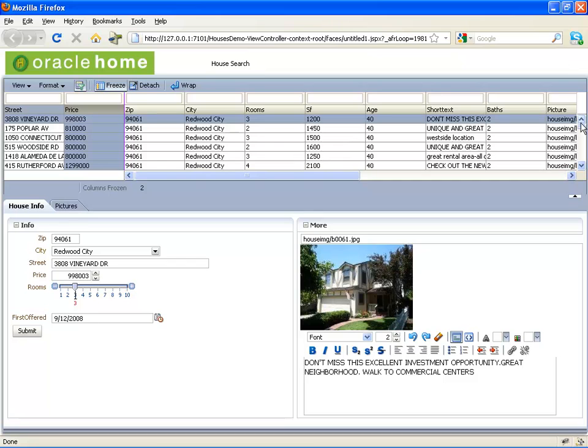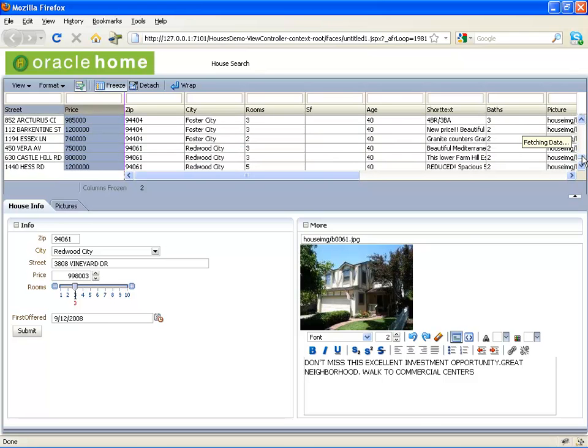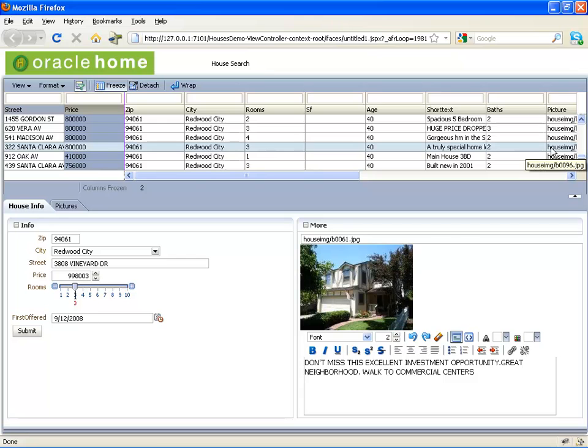As you can see, there's also a scroll bar that allows us to scroll through the records. Now, the interesting thing to note here is that when I scroll, you'll see a little pop-up message coming up here saying fetching data. This is actually demoing the AJAX capability of the table to get information into the client